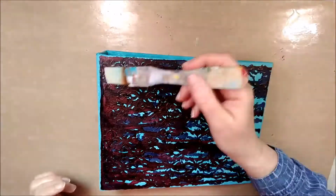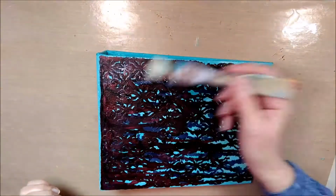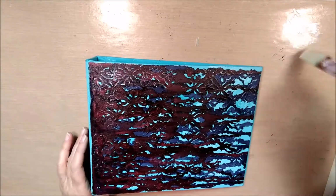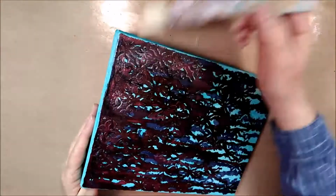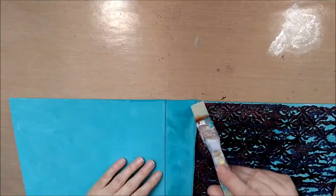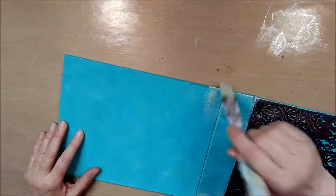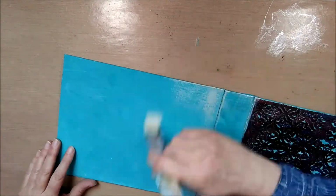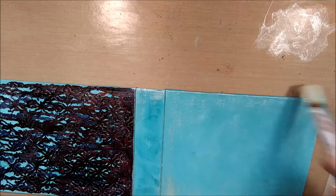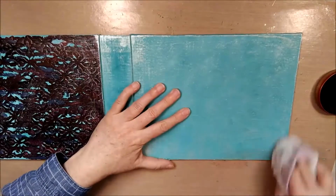dry it real well. And now I'm using some of my champagne, which is an off-white metallic paint, to bring out the texture a little bit, mostly on the very top of the journal. And I go on with my dry brush and just a little bit of the same paint to also bring a little more interest to the spine and the back of the journal. Now, because it was covered in the linen fabric, it has a real nice texture and the paint looks really